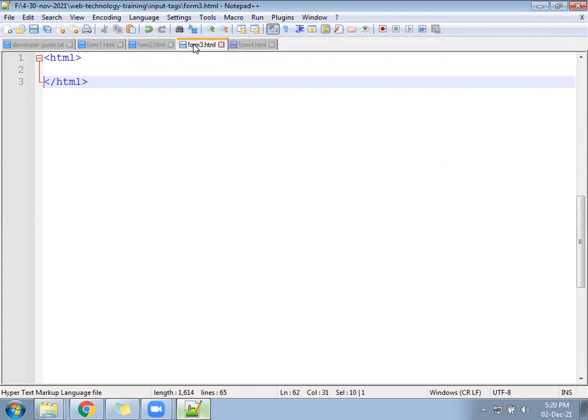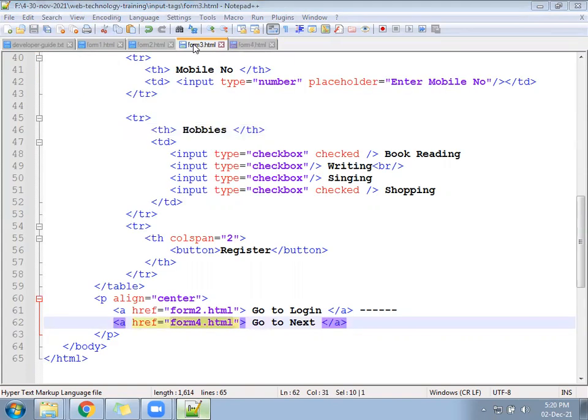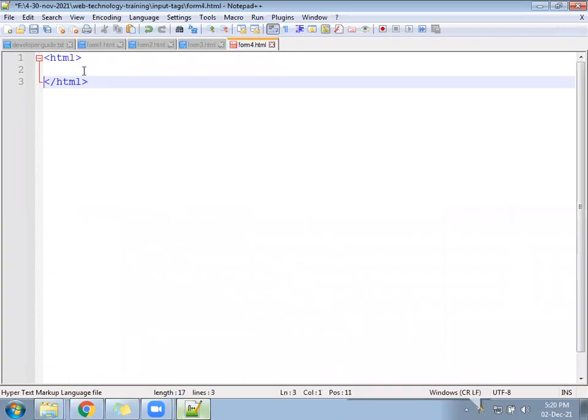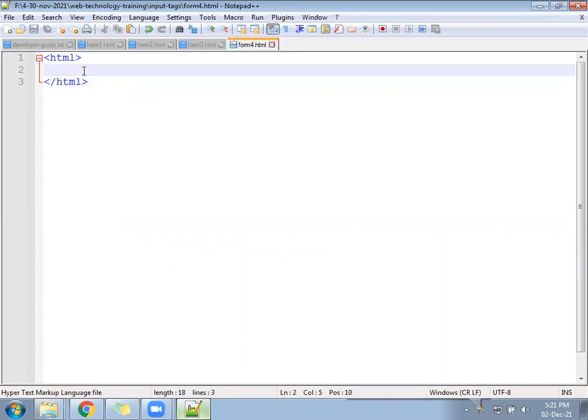So yes, no. Some people have replied yes, some people no reply, complete silence. Then go ahead. form4.html file you created. Now in the form4.html, the structure will have a small difference.